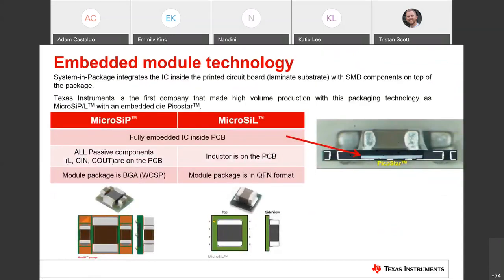And then the last slide here is just the embedded module technology. So the MicroSiP package, how are we able to get it that small? Well, we're fully integrating and embedding the die within the substrate in the PCB, and then we're constructing the inductor on top in a 3D construction. So some customers receive the module and think they're only getting an inductor, but really they have the die embedded in the substrate, which provides the total smallest solution size for these power modules, and something that a lot of customers really enjoy the benefits of.